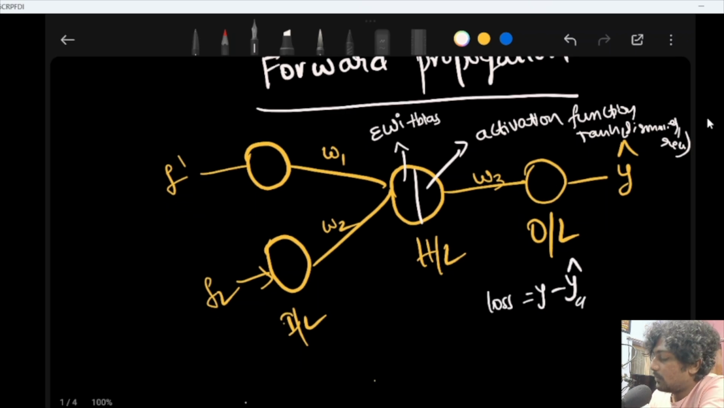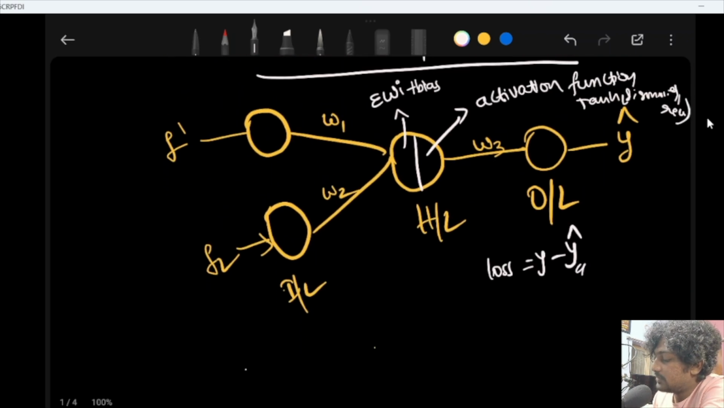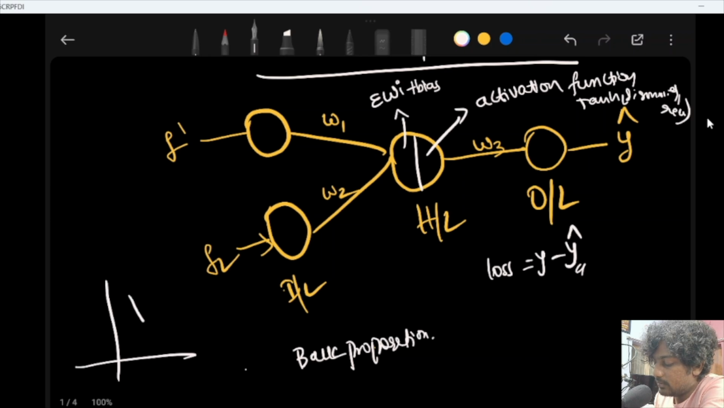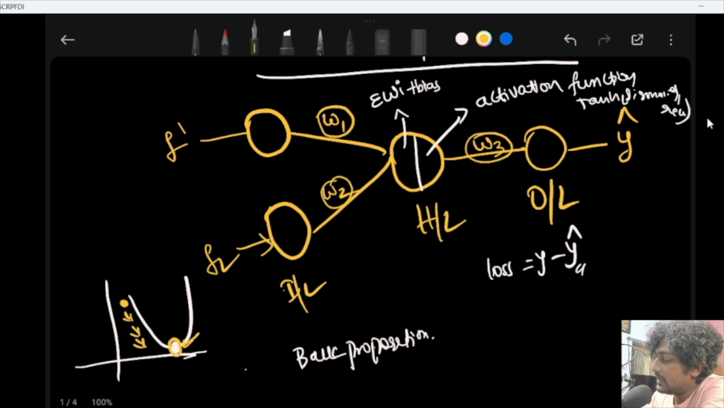And we can see back propagation for the same neural network. Consider this graph, and here we have the global minima. We got the loss value, and we need to decrease the loss function to get the global minima value, right? So for that we need to update each and every weight, and these weights are updated by the optimizers,